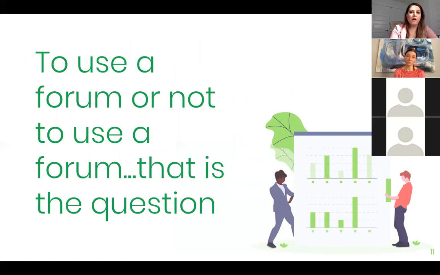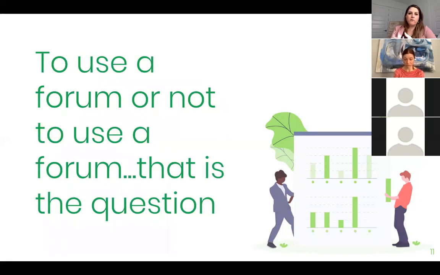So, to use a forum or not to use a forum? I know this can become a very static experience. You create your forum questions, students go in, they answer, and it seems very one-sided.